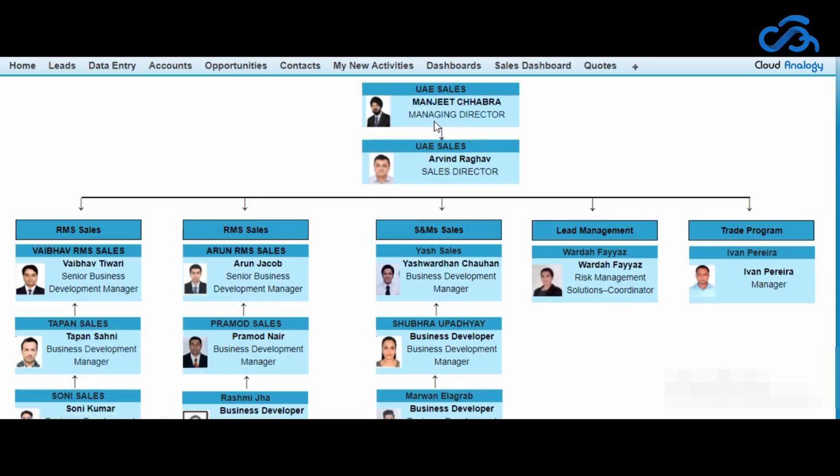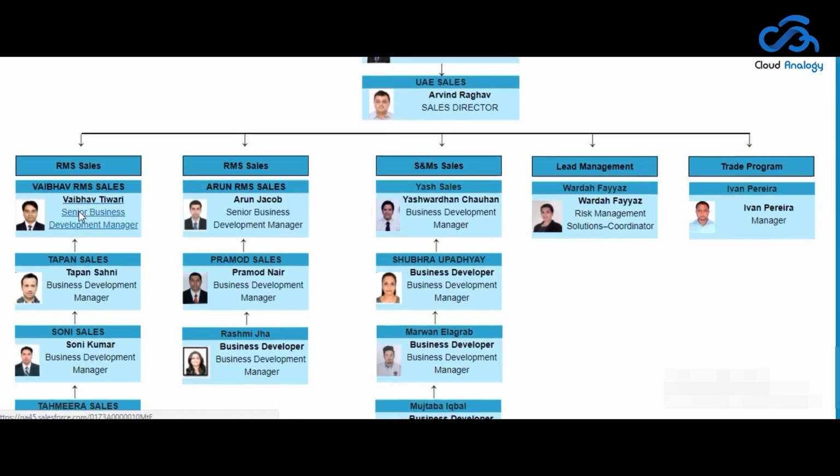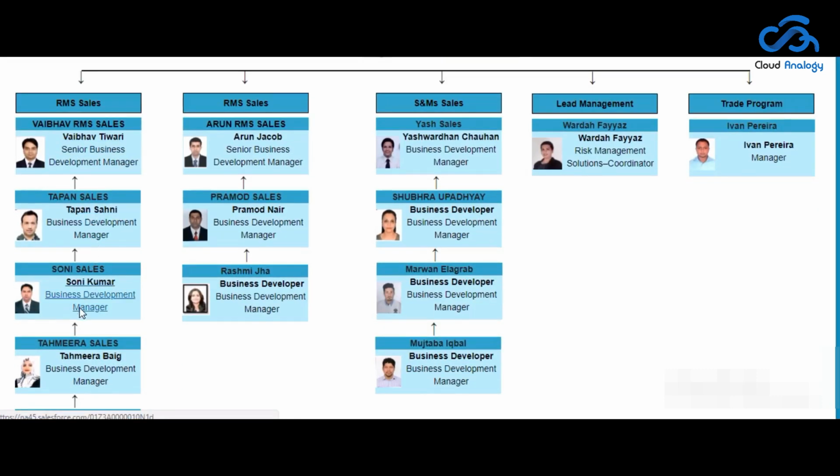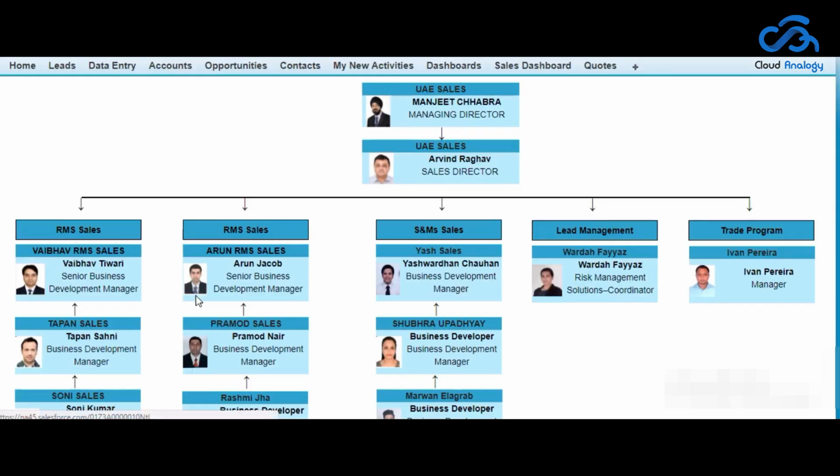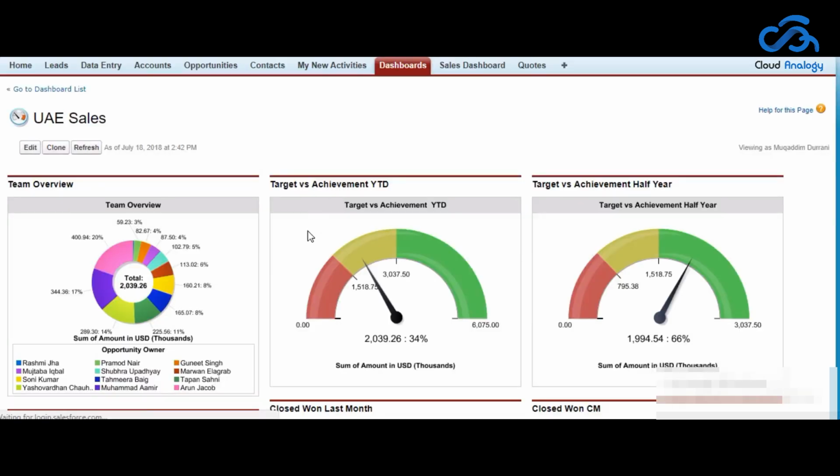So this is all what we created in this hierarchy. Manjeet Chabra is the head and has access to sharing rules for all the employees in the hierarchy and all the data which is accessible to him. So the hierarchy is established in such a way that he's demonstrated as a leader with access to the data of the employees under him, and he's able to view all the reports and dashboards.